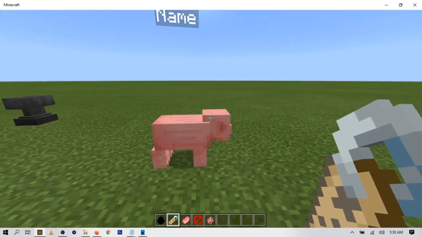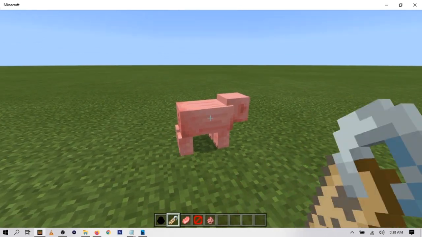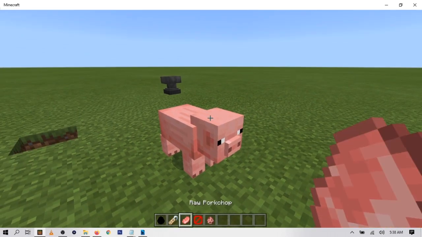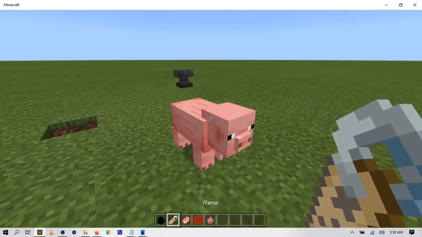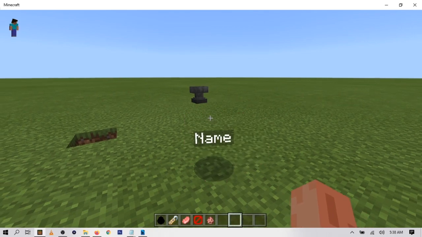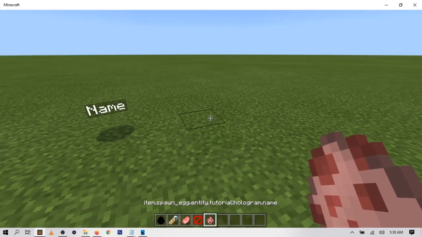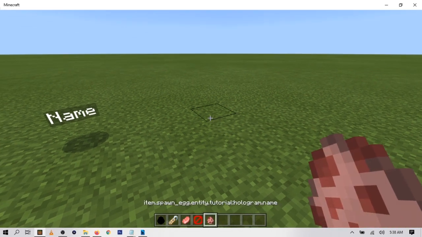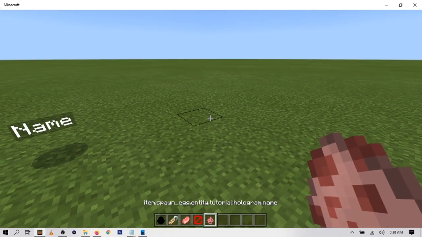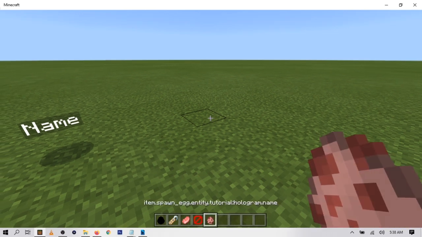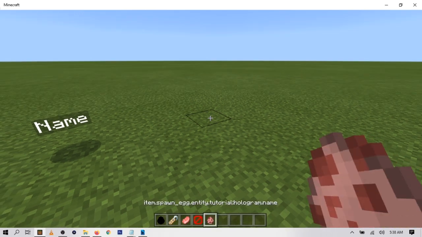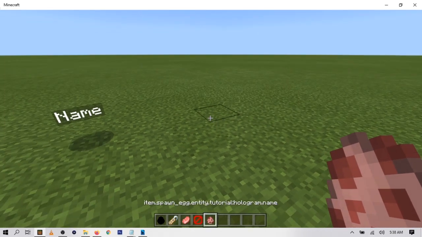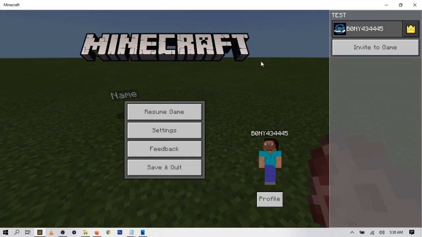So I'm also going to show you how to change the model and Detector. So if you don't want it to look like a pig, but you know, it shrinks either way, so it doesn't really matter. I'm also going to show you how to change the name. So it says regular name instead of this really long name. And I'm also going to show you how to change the texture on the spawn egg, so you could place a custom texture. And for that, it's really easy. So all you want to do is